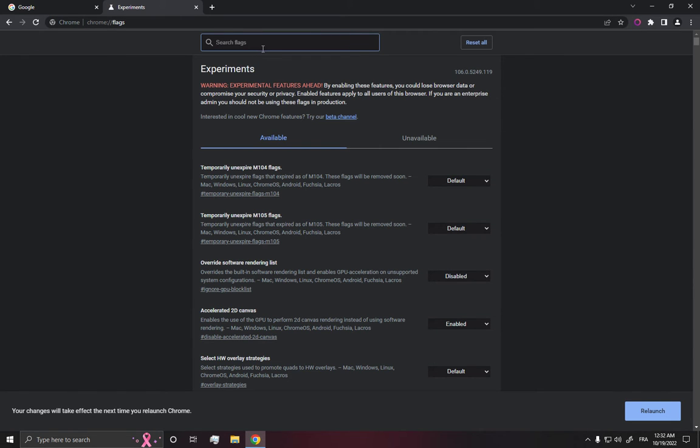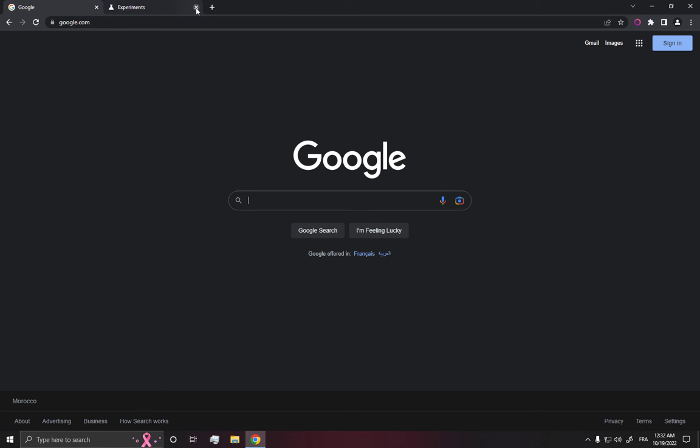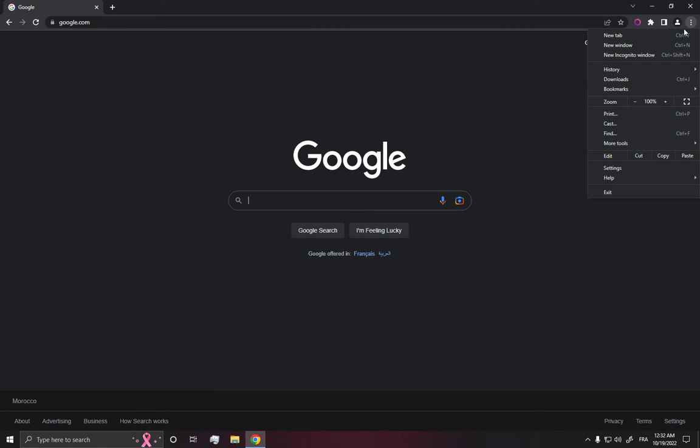and then search here for parallel downloading and click on here and make sure to enable it, and after that click on relaunch, and then all you have to do, the last step, is go here and go to